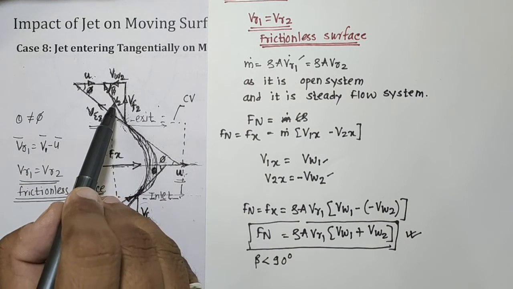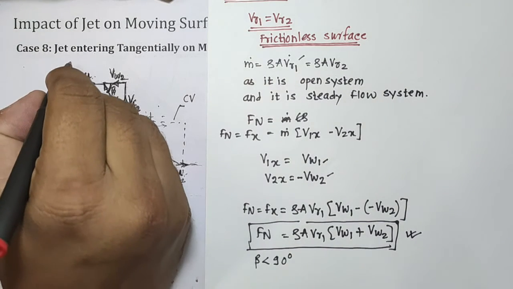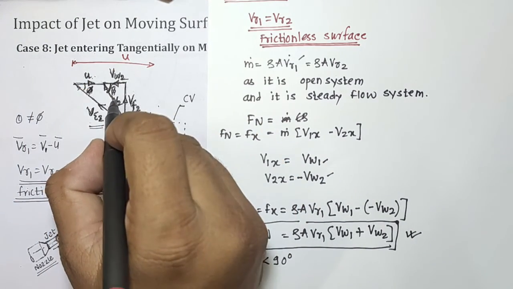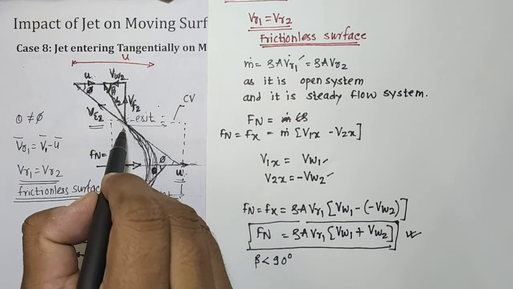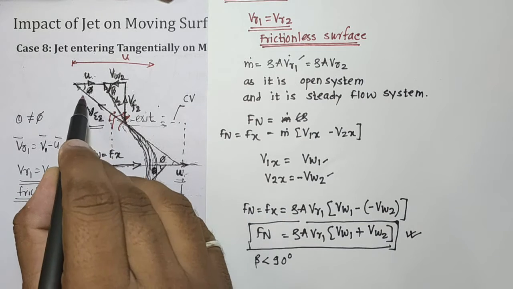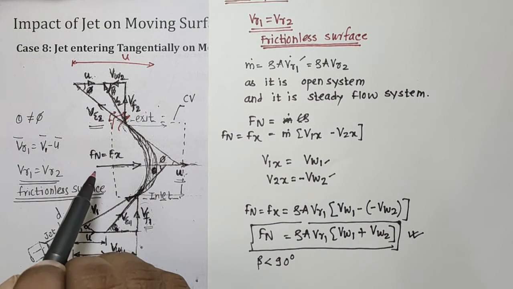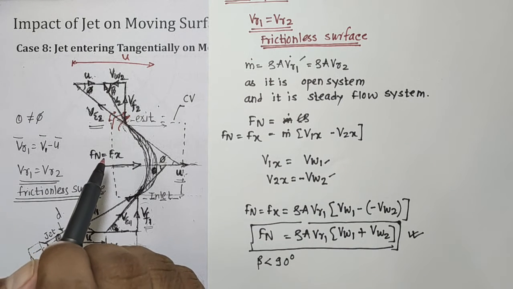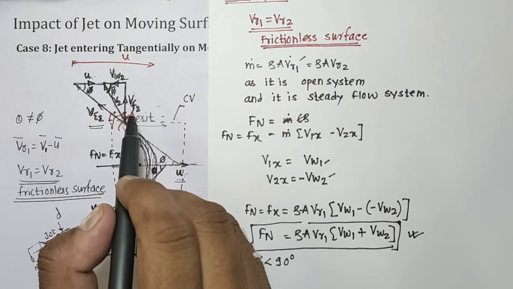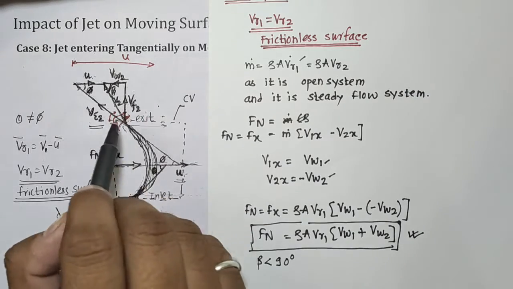then because of this blade velocity, the diagram will change like this. This will become u, which is larger, and this v2 is what we call the absolute jet velocity. Because of this forward momentum, earlier I told you that v2 changes its deviation from Vr2 to v2 because of the reason that this vane is moving in forward direction. I have given you the example of a train. While the train is moving, if we are escaping from the train, at that time we are supposed to go in the direction same as that of your train.